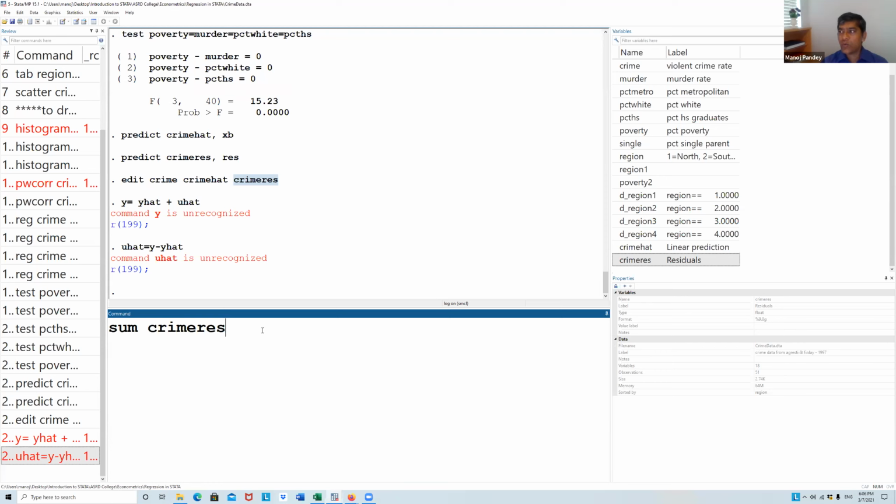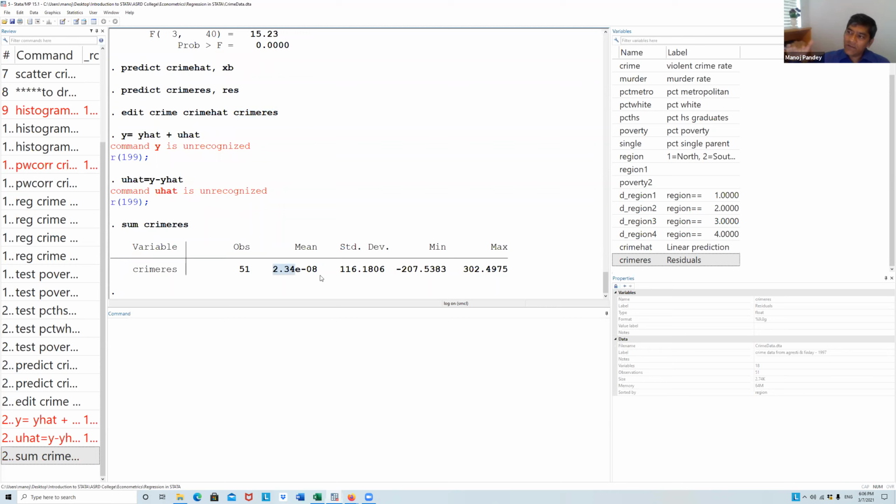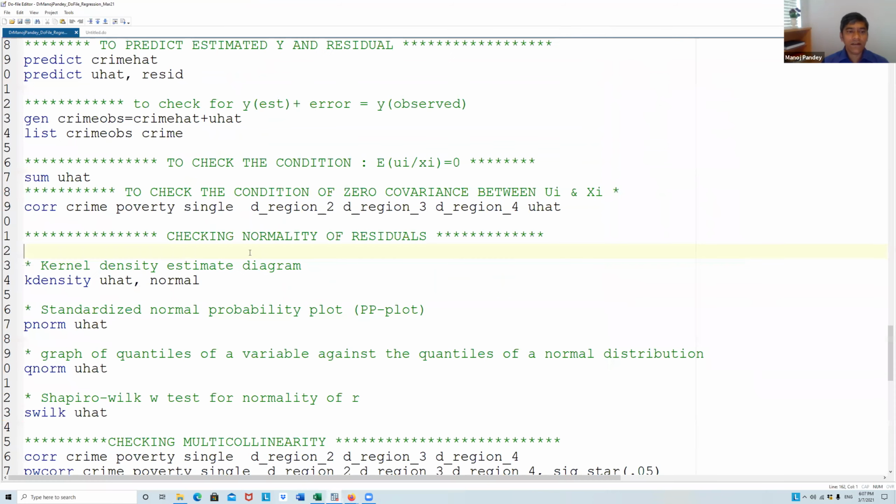What you are expecting, if it is following that assumption, expected value of ui given xi equal to 0, is a very small number, close to 0, if not 0. You can see here the mean is 2.38 times 10 to the power minus 8, which is a very, very small number. So this means that one of the assumptions we had in OLS, that the expected value of ui is 0, makes sense.